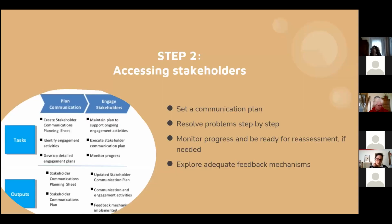And the second step is to set communication plans, start communicating at different levels, and see what sort of actual problems can occur during implementation of projects and resolve them step by step. See if we need to reassess our approaches, our communication plans. I don't want to keep this too technical, but